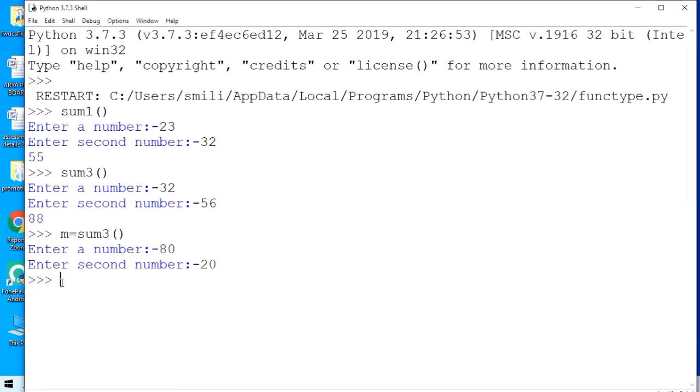Correct, Shashank? So we need to print the value of m, and then you will get the addition of 80 and 20. Yeah, you can write print m also, but we are in the interactive mode, so I have just written m. So this is how we can utilize a return type function.